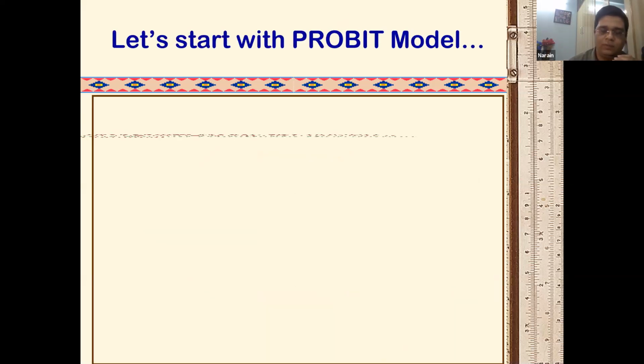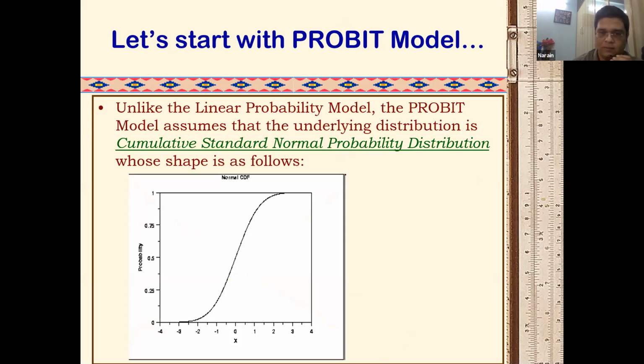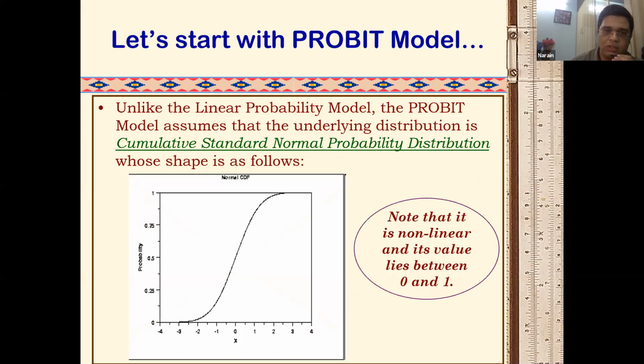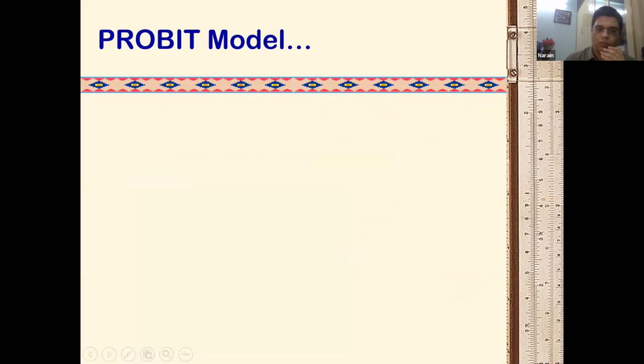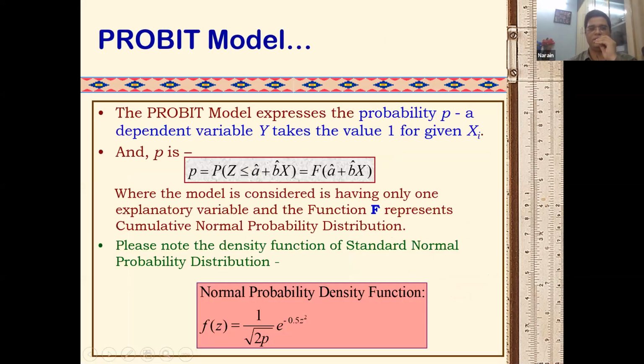However, any mathematical modification which makes the probability vary only between 0 and 1, not beyond 1 and not below 0, can also be applied, and a similar model can also be drawn. But there will be mathematical complexity in terms of their interpretation. So if you simply use the standard normal probability distribution for making the regression model, then you can refer to that as the Probit model. Now, what happens in the Probit model is that the modification being resorted to happens to be coming from the